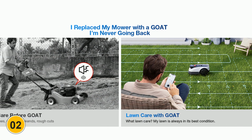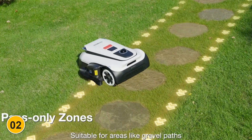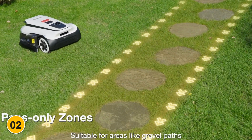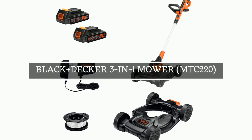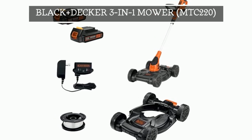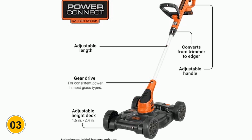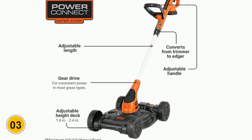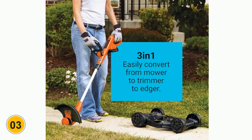Alright, that was a solid option. But the next one on my list might actually be even better for those who prefer a more hands-on approach. Product number 3, Black Plus DECKER 3-in-1 Mower MTC 220. Now let's talk about the Black Plus DECKER combination mower, trimmer, and edger, priced at just $216.71. If you're short on space and want a versatile tool to manage your yard, this one's definitely worth a